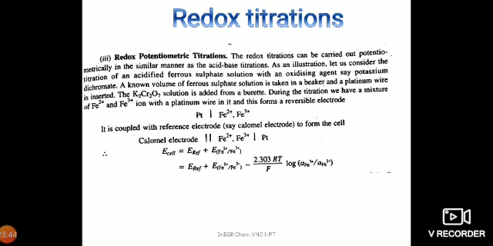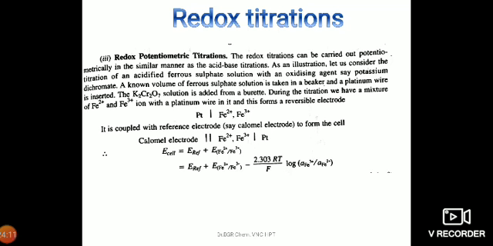Therefore, we take ferrous sulfate solution in the beaker, add one test tube full of sulfuric acid and connect with the calomel electrode, so that it becomes a cell there. What happens is ferrous is converting into ferric, or ferric is converting into ferrous. That means there is an equilibrium between Fe3+ and Fe2+. Therefore, the equation we can represent as Fe3+ plus electron giving rise to Fe2+.